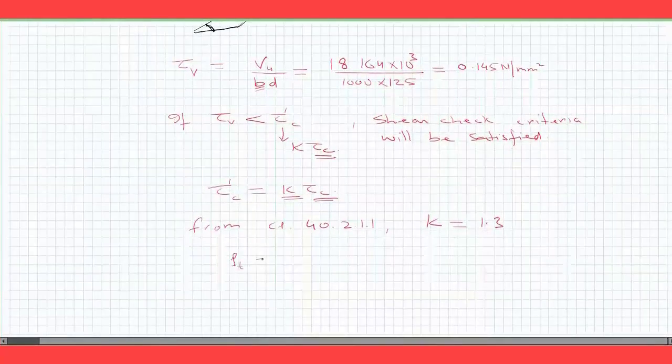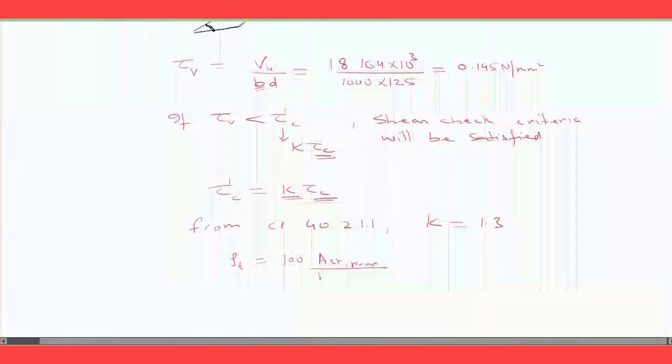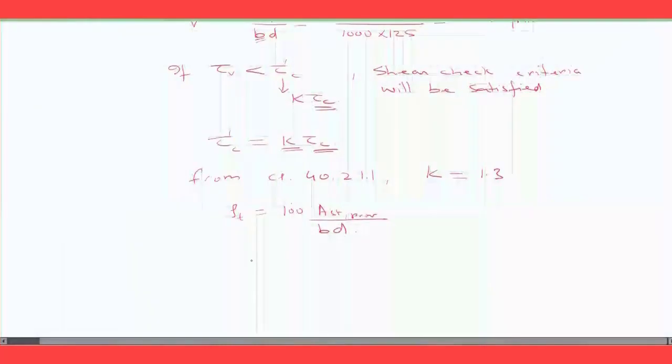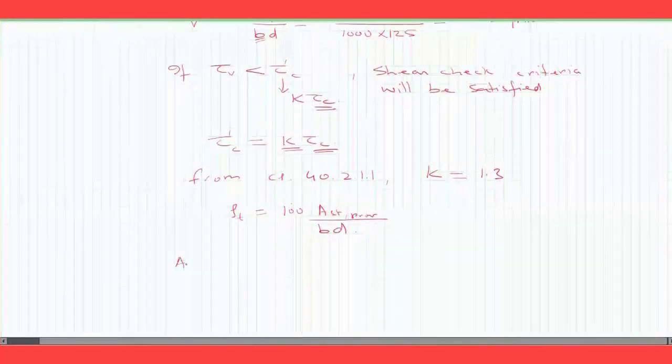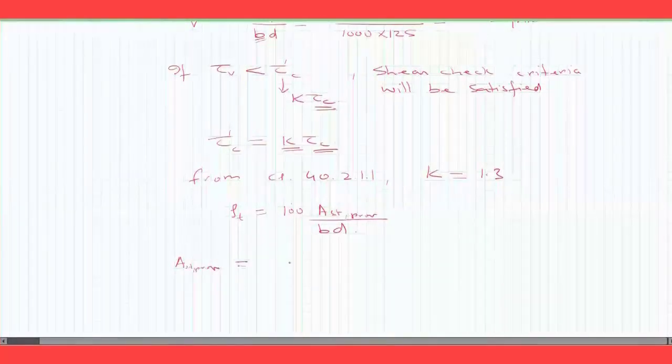Based upon whatever steel you provide, that steel you have to consider when you compute percentage tension reinforcement. So percentage tension reinforcement will be 100 into AST provided, divided by B into D. How are you going to compute AST provided? In a 1 meter strip, the spacing of the bar is 225 millimeter center to center. So this is going to be the number of bars, into pi by 4 into 10 square. So this is your steel.